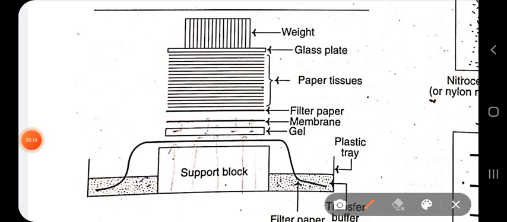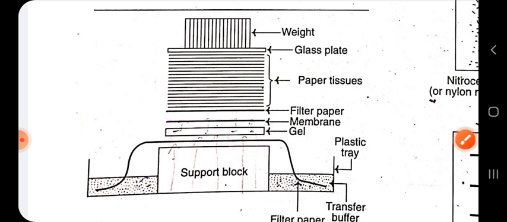When it enters the gel, it also carries away the DNA fragments, goes up to the nitrocellulose filter paper and sticks the DNA fragments in their respective places. So normally this process is called blotting actually, and here we are placing that electrophoresis gel